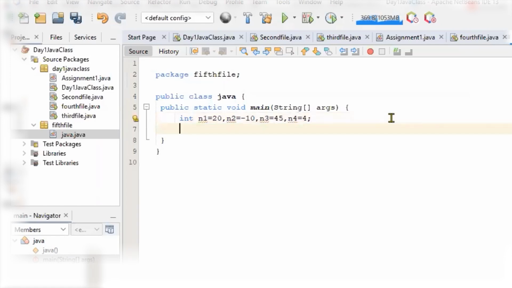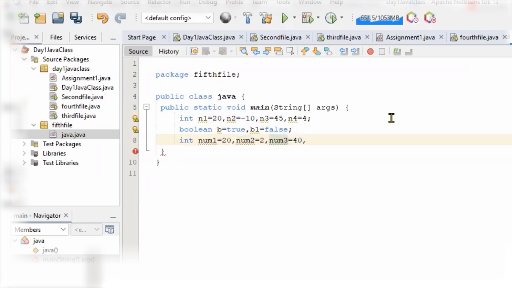I'm assigning some values over here just to make it easy for us to understand. Boolean b, we are giving it true. Say b1, we are making it false. Then we are creating int num1 as say 20, again num2 as 2. Let's create num3 as 40 and one more, say a result variable. Then we take n5 as